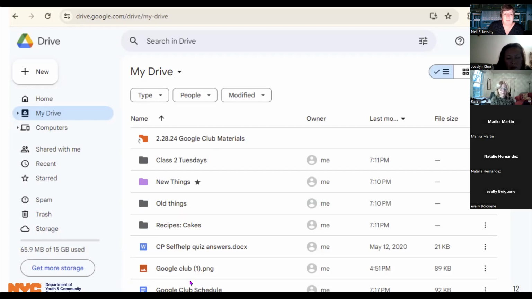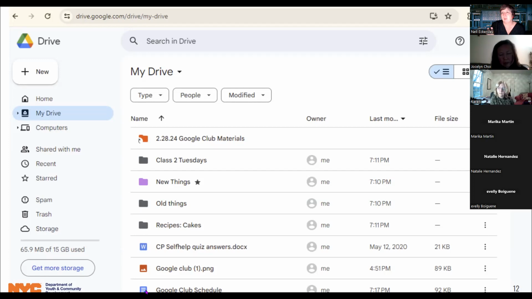The beauty of this and the difference between Microsoft and Google has changed a little bit now because you have an online version of Microsoft, but it costs money, right? So many of us are still using a version of Microsoft that's software we've downloaded on our computer, and we need that software to create the content, and we also need that software to open the file. So if someone sent me a Word document that was made in Microsoft, I need to have Microsoft Word to open it. With Google, the software and the file type or the content are together in Drive, right?